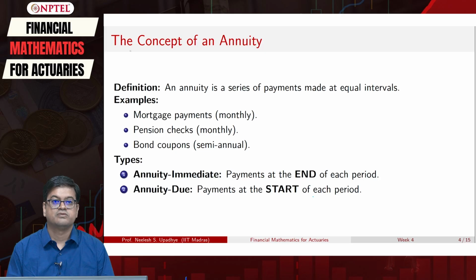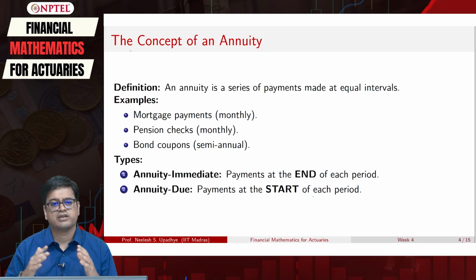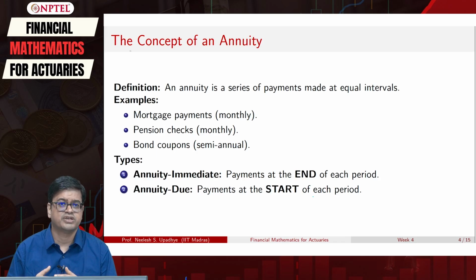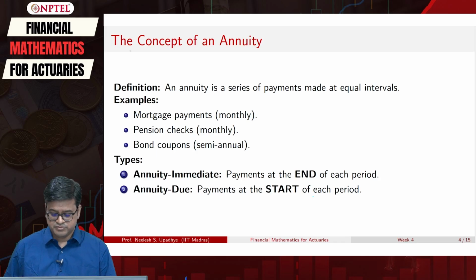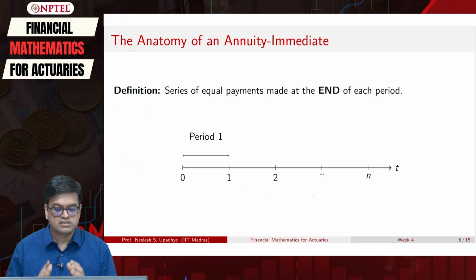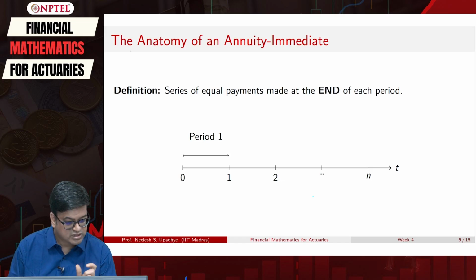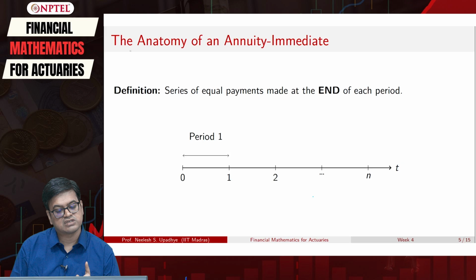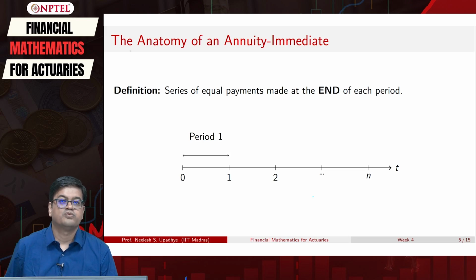visualization. Okay. So let us visualize this difference. Let us visualize what annuity immediate is. When we study annuity due, we will visualize that as well. So what does annuity immediate mean? So here is the series of payments. At the end of each period, we are supposed to pay. So what is period 1? You can see the arrow mark there, which is actually period 1. So 0 denotes the start of this period and 1 denotes the end of period 1. Okay. So when will you pay? Right, that is the question, right.